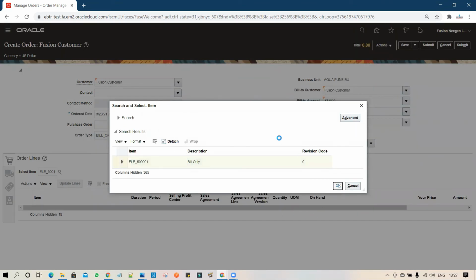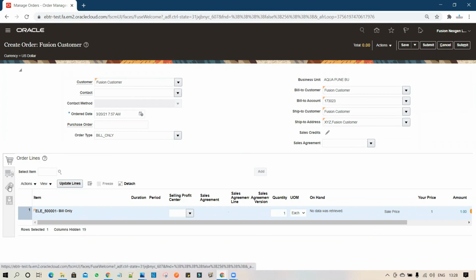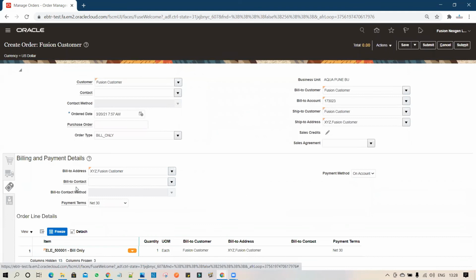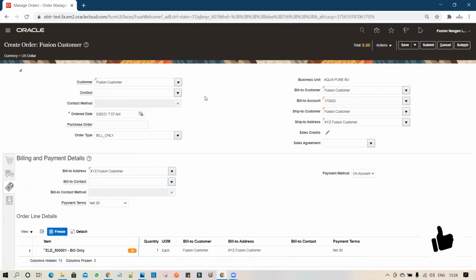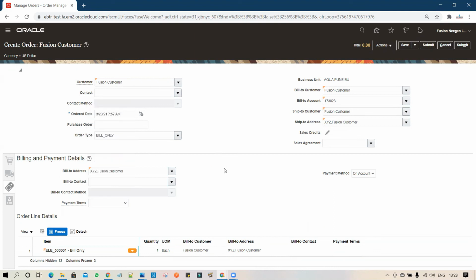So I entered the item at the line level. Once I enter, I will click on add. Now I will go under billing and payment details. You can see I already set it up at the customer level. So now I am going to make it blank. And I will try to save it.